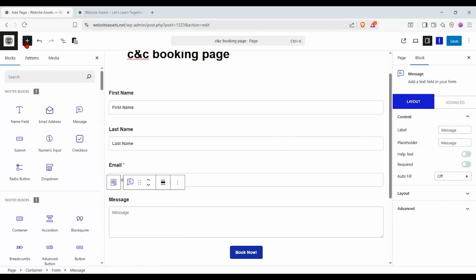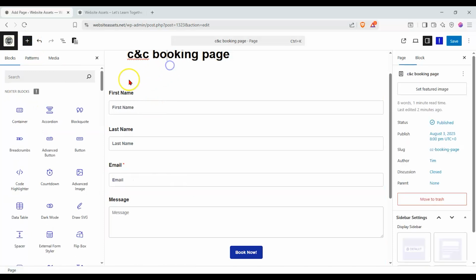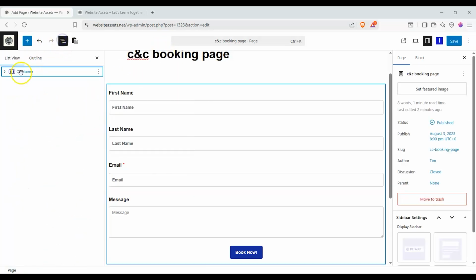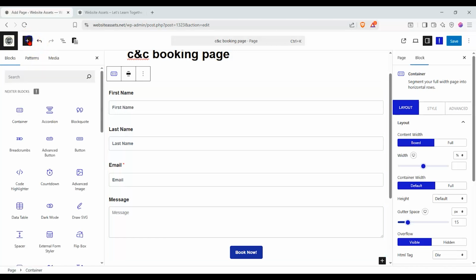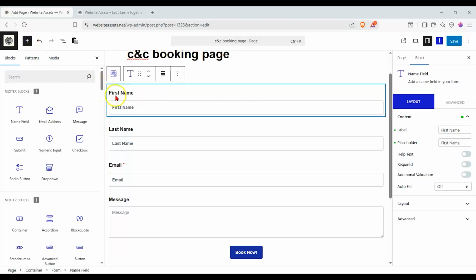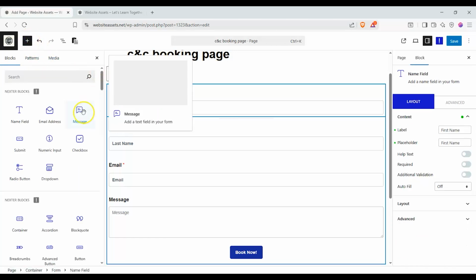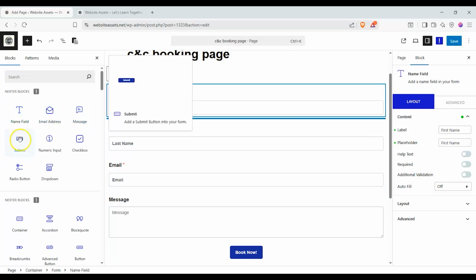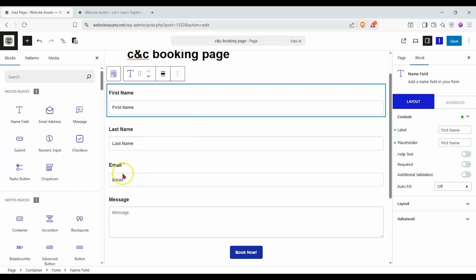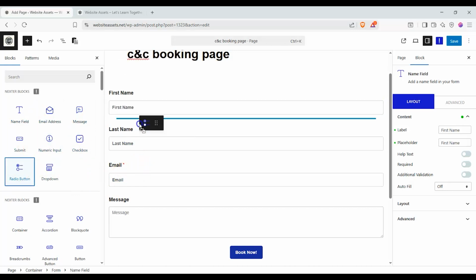If we went to our block inserter over here and we have, let's say nothing selected, nothing's going to show up. But if we selected this container and we went back to our block inserter, our form, it's going to give us a bunch of options here for different inputs. So if I wanted to have a radio button over here,